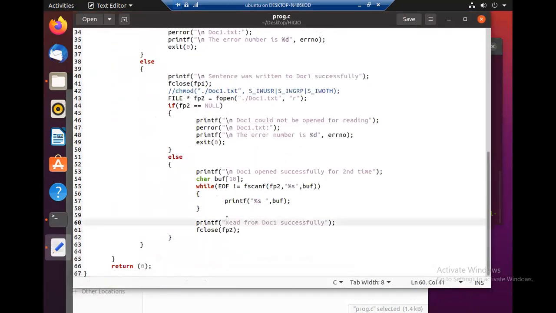So I'll give a new line here for clarity. If you are able to open this for the second time and write the content of that one here, then it is successful.